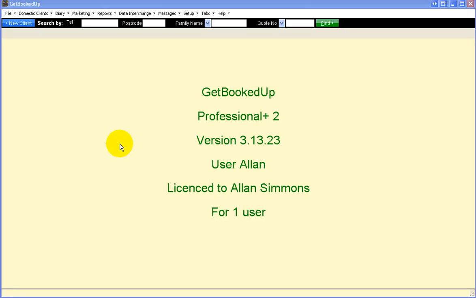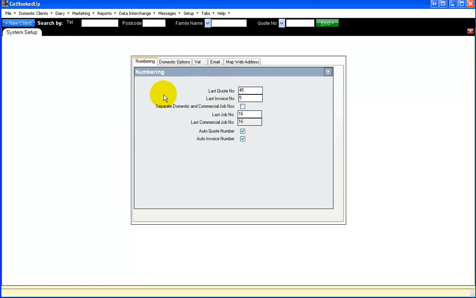So we're looking at some of the system setup now for numbering, the other options that you've got, your VAT and email details and things. This is under the setup menu, system setup, and the options in here, the first one is the numbering options that you have. So you need to consider if you've been using a pre-printed quote pad and that's already pre-numbered